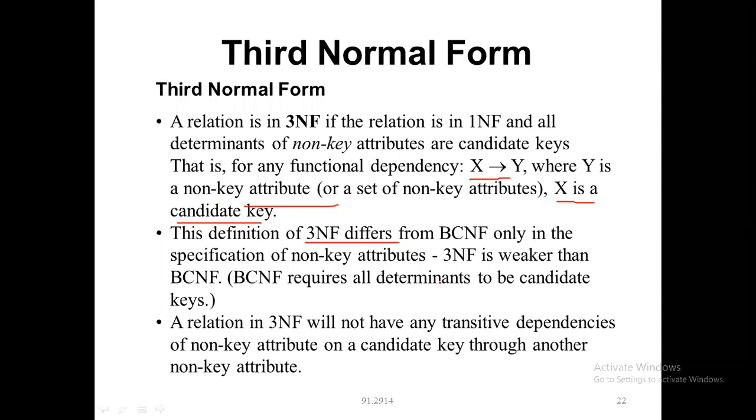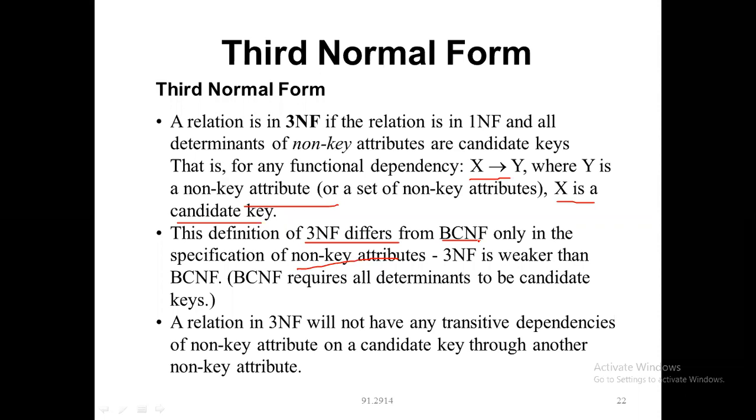So when I come into the third normal form, if you are not going for the key attributes, well and good. But if you are going for the non-key attributes, then the third normal form will be weaker compared to your BCNF. When I say BCNF, that is the strongest database. So first normal form is very weak, and comparing to first normal form, second is little bit good, third. But when you come to the BCNF, we can say that our database is strongest.